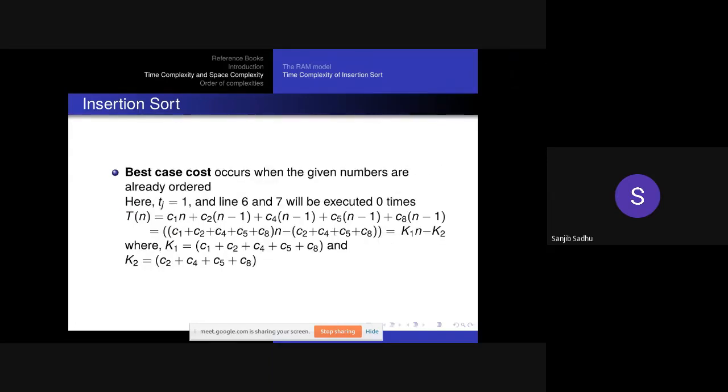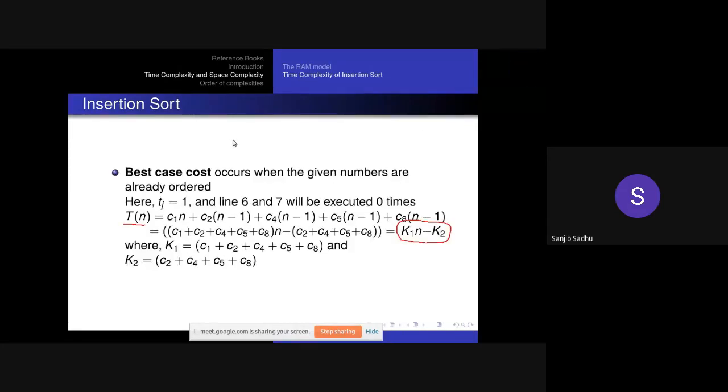Now best case means it occurs when the numbers are already ordered. So this is the T(n) in that case, but you check, also it is a function of n, k1n plus k2, where k1 and k2 are two different constants whose values are given by this. Similarly, the worst case also we have shown in the last class, that when the elements are in reverse order,